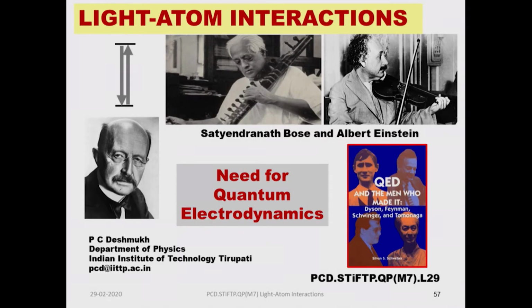And then you will have the quantum description of the electromagnetic field, and this belongs to the general area of what is called quantum electrodynamics. This was developed basically by Dyson, Feynman, Schwinger, and Tomonaga, and it all is based on the work that began with Planck and Bose and Einstein.